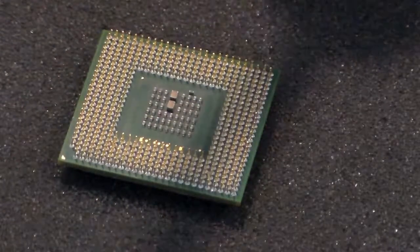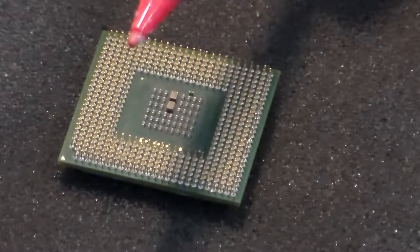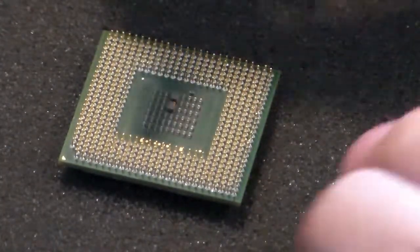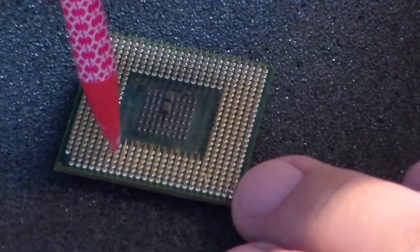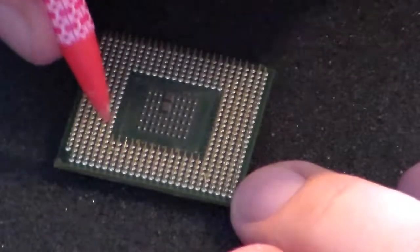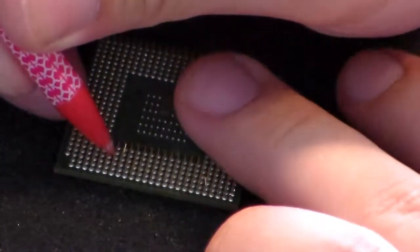And so I use a mechanical pencil with the lead removed because the hole at the end of the pencil is like the perfect size to fit over the pins. And so once you find one of the pins that isn't exactly upright, like there's one right here, I try to see if I can shimmy the mechanical pencil onto it, and sometimes it takes a little bit of doing,